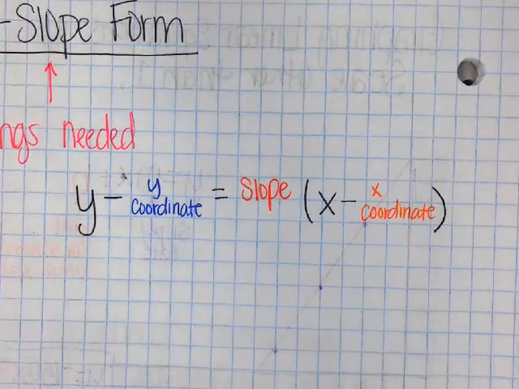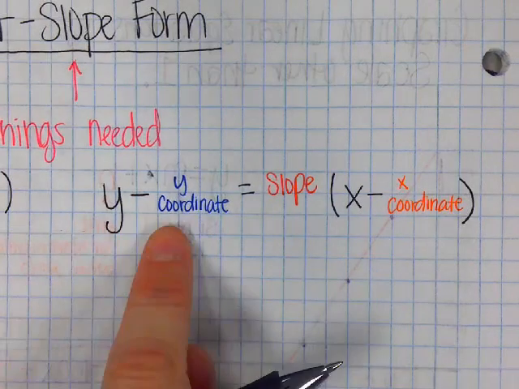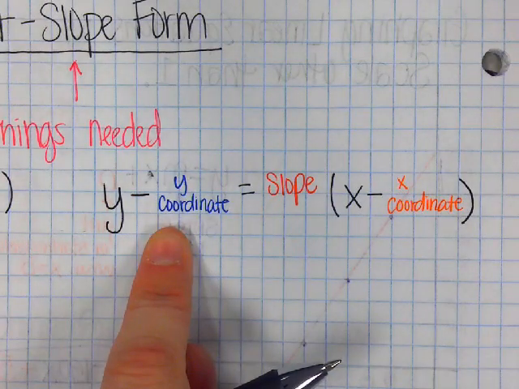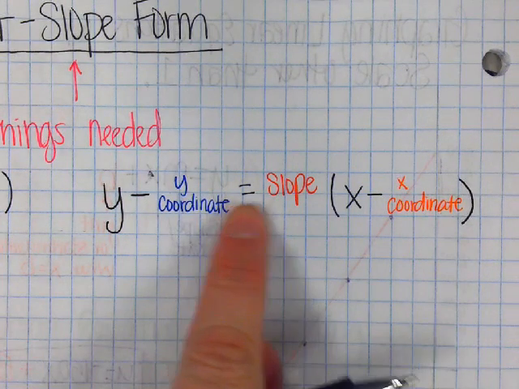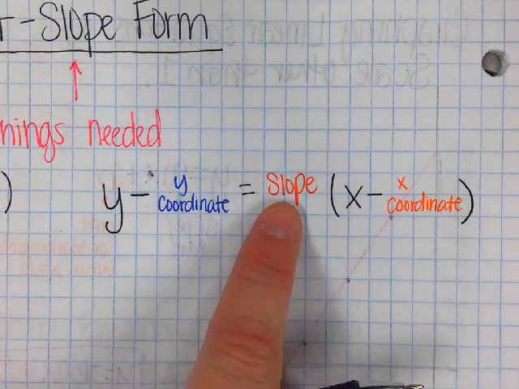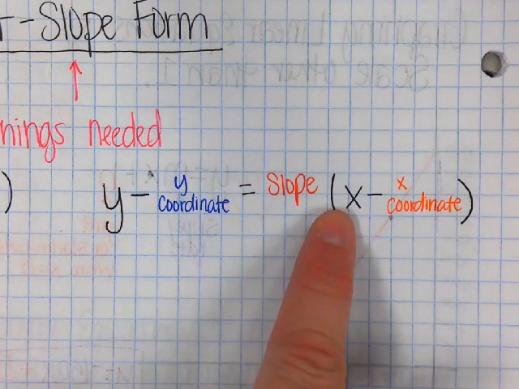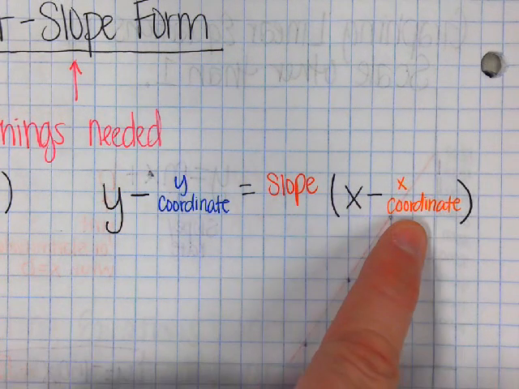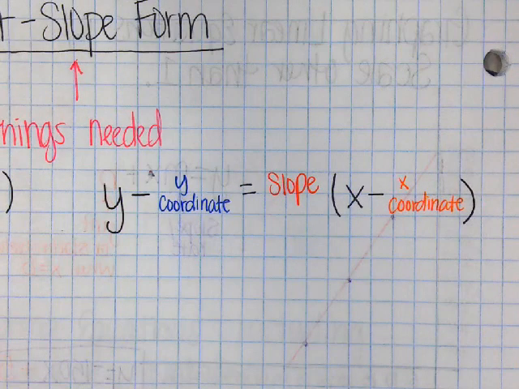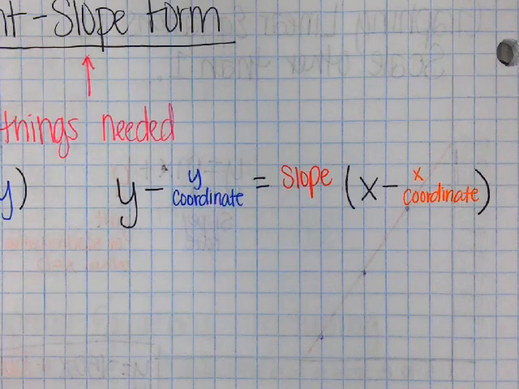Oops, sorry you couldn't see it. So it's y minus the y coordinate, whatever the y coordinate is, equals the slope, and you know how to find the slope because we've been working on that for a couple of weeks. Then parentheses x minus the x coordinate. So now, if I told you write the point slope form,